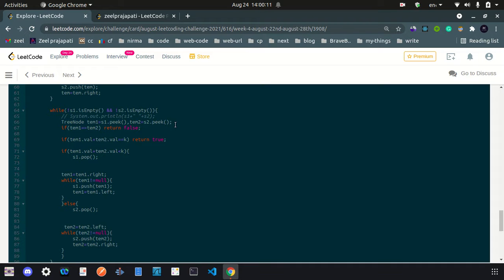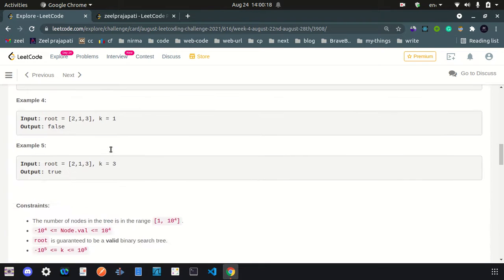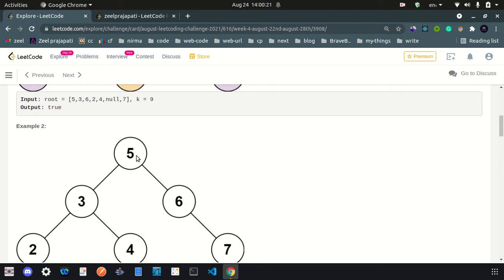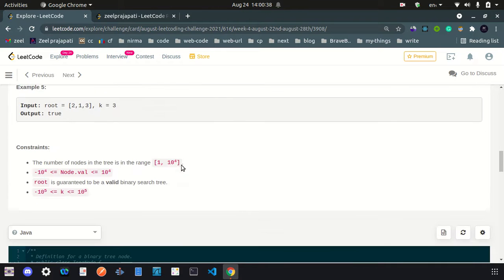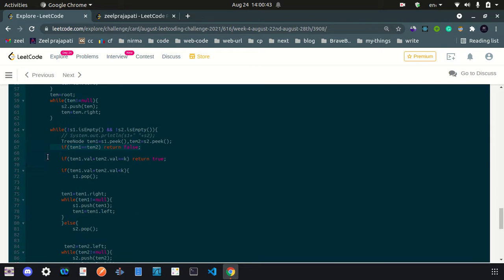I am getting two top values, and then I check if the two are the same. Where will this condition happen? If you look a little closely, say in my stack s1 has values like 5, 3, 2 and here is 5, 6, 7. At some time this root will come two times, and let's say I have to find a sum of 10, so here my approach would give 10, but we have to find two different root nodes, so we are just checking that condition. I guess you can understand easily. And if I find the sum, then I will return true.